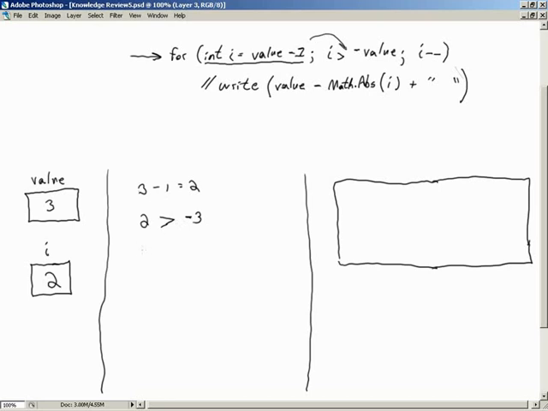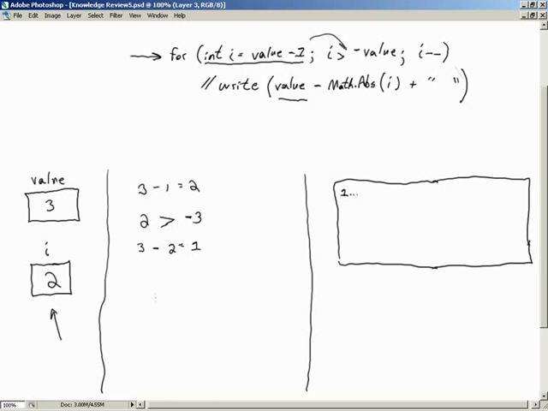out. So I'm going to using my scratch board right here. Value, which happens to be a 3, so we're right here if you happen to be confused, minus the absolute of I. Well, what is I at the moment? I at the moment, ladies and gentlemen, is a value of 2. So 3 minus 2 equals 1, so we're going to write that out with a space appended to the end. So we get our 1,